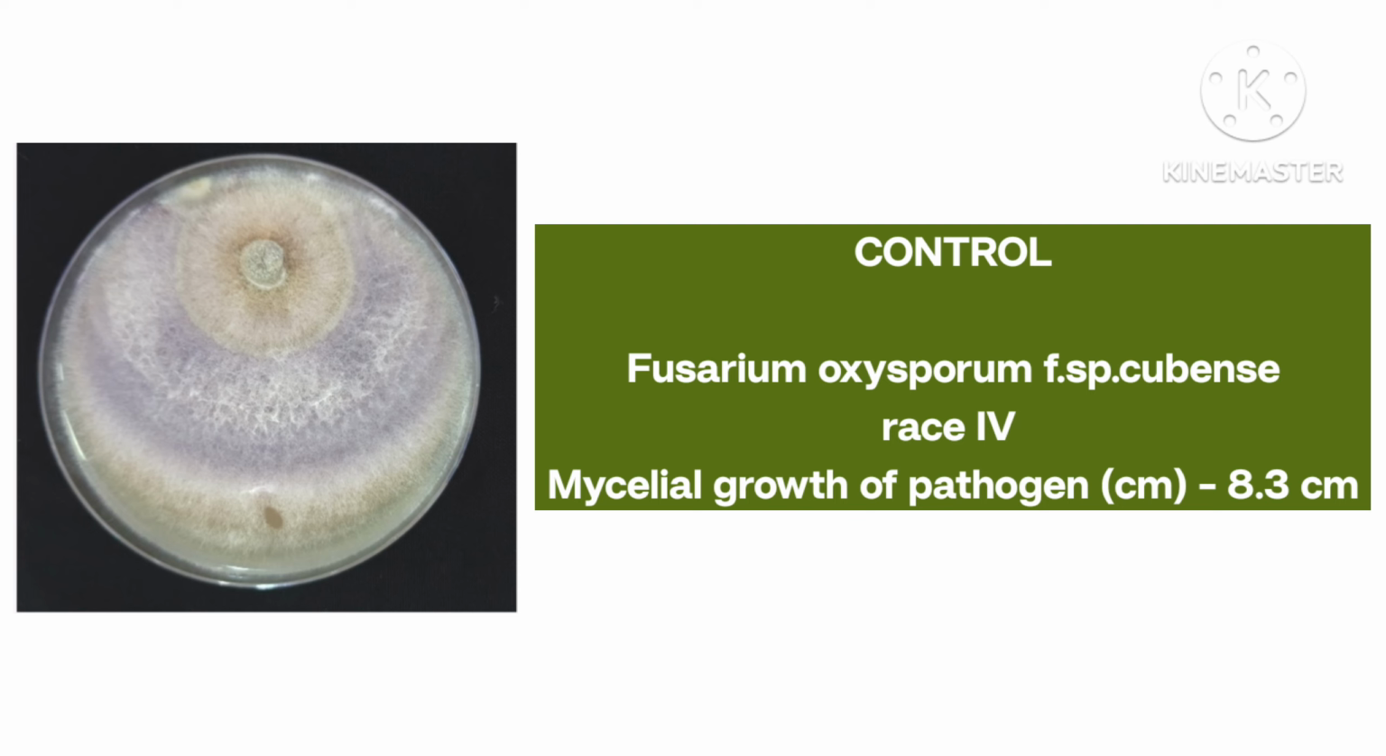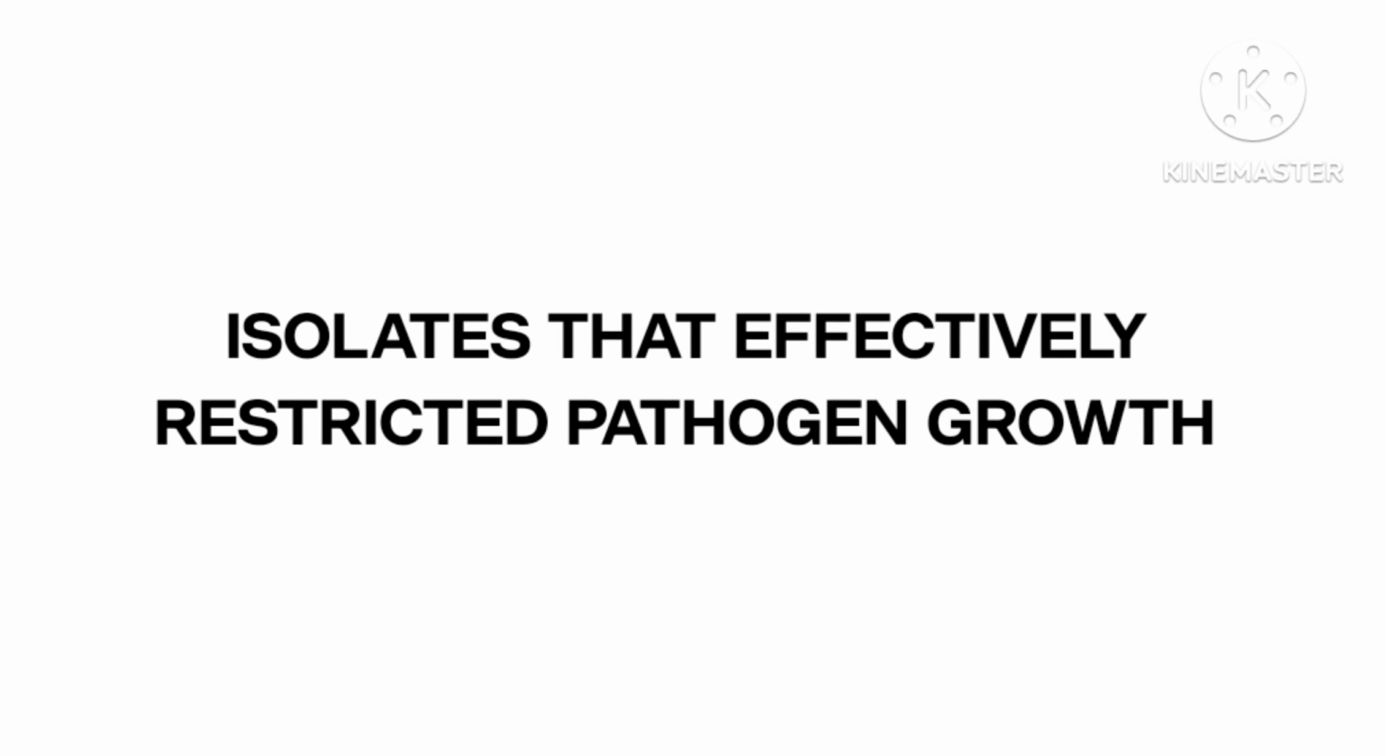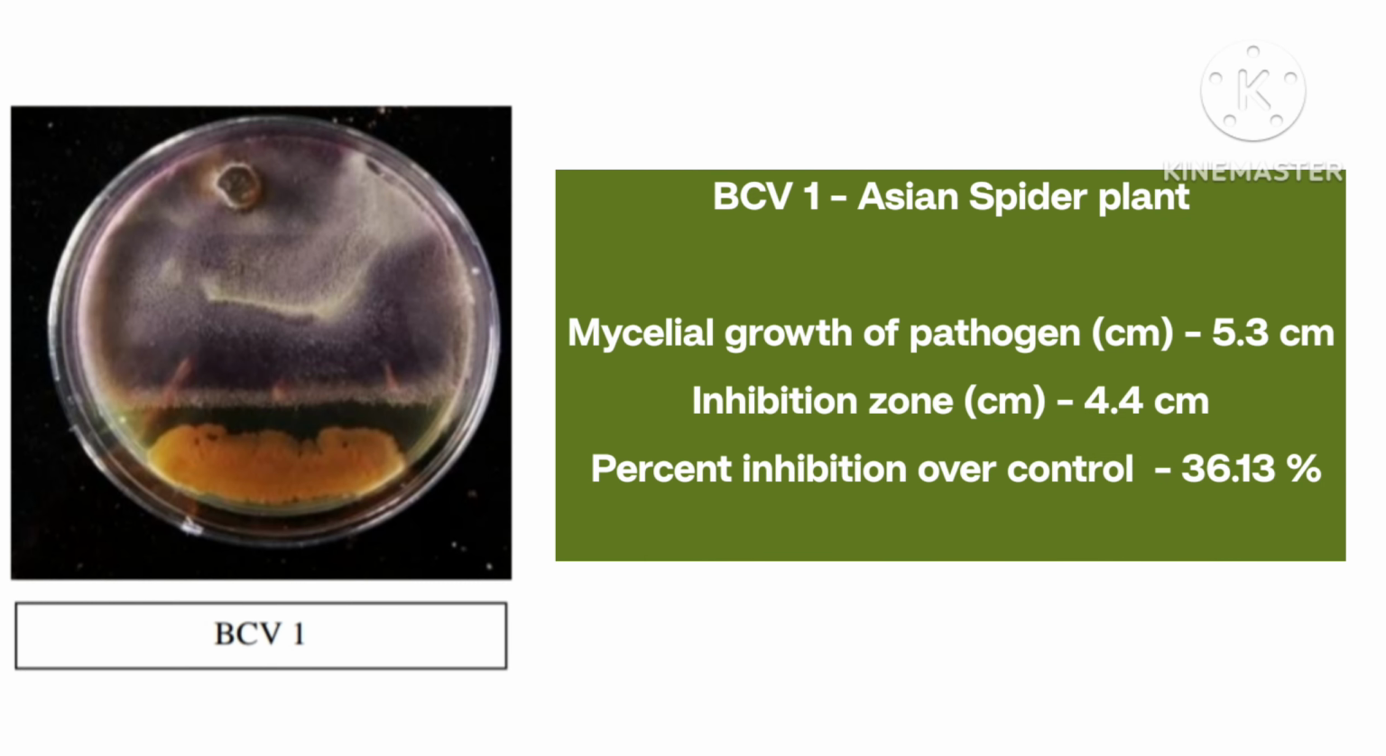Control untreated with bacterial isolate. Mycelial growth 8.3 cm. Isolates that effectively restricted pathogen growth. Bacterial isolate 1 from Asian spider plant. Mycelial growth of pathogen 5.3 cm. Inhibition zone 4.4 cm. Percent inhibition over control